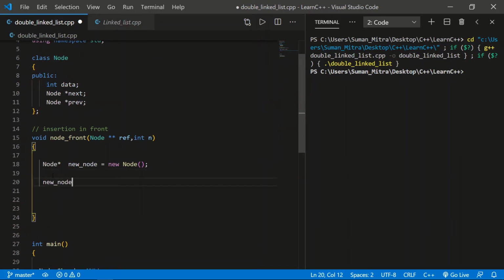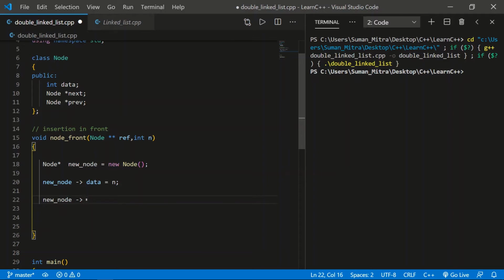Now we'll take the data inside. How to take data? I already said it. We'll just type the name of the node and give this arrow symbol and write the variable name, and pass whatever value we want to pass, the value of n that will be passed in this argument. I hope you're getting it by now. Now we'll add the functionality of how this should be.